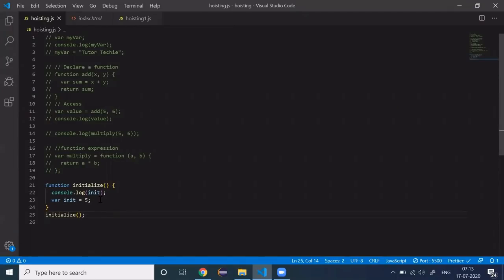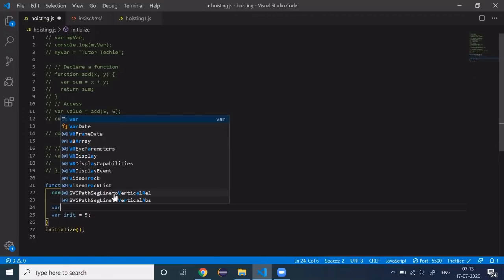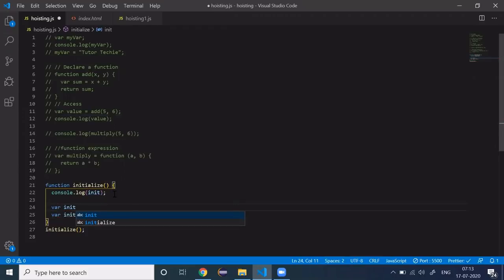So what is happening in the backend in the JavaScript engine? Whenever you declare and initialize, the actual code that is running behind the scenes is like var init and this console. The declaration goes to the top of the function because var is a functional scope variable. So this is what it means in the JavaScript engine.